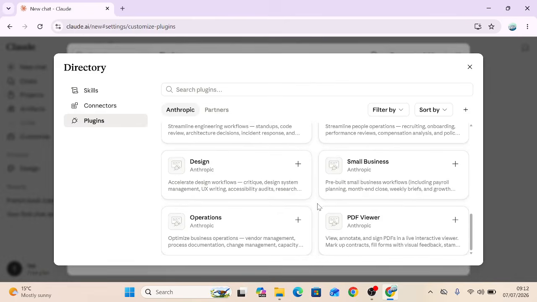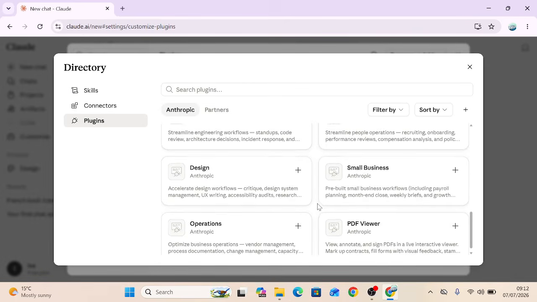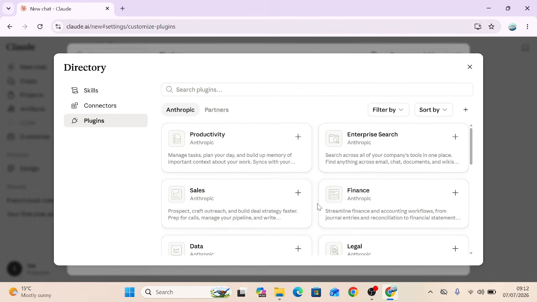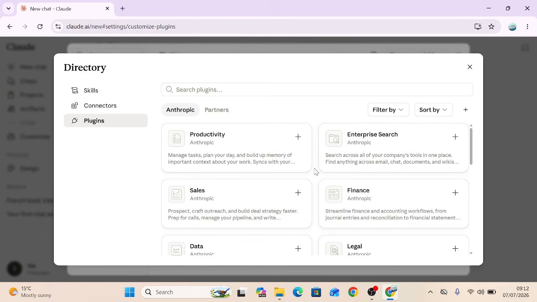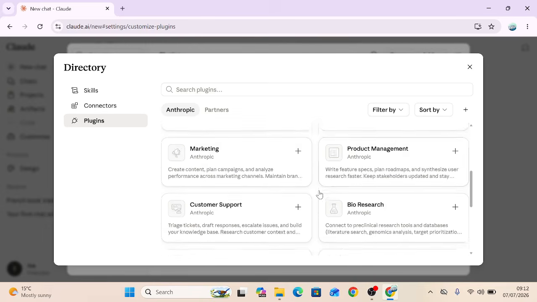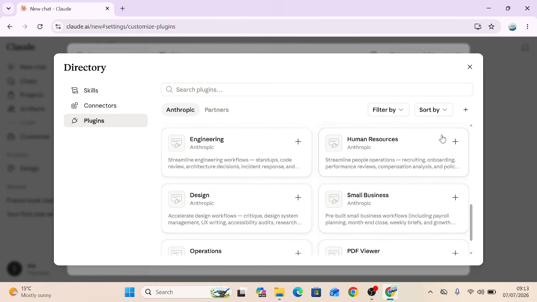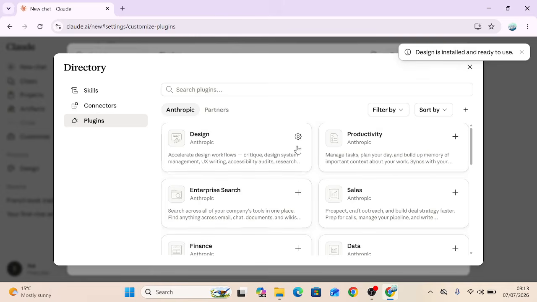Now from here, you do have two different categories available, as well as different plugins for those specific categories. The first one is called Anthropic, which is the in-house plugins that they've developed. You can see all of these options are available for you. So to add any of these options, say for example, you want to add something like human resources or design, you can go ahead and just select this plus button, and that plugin should be installed and ready to use